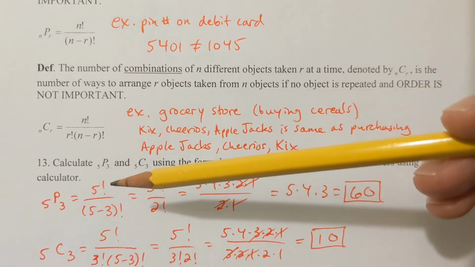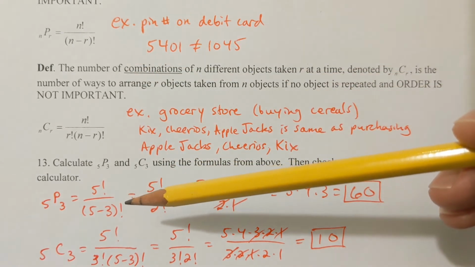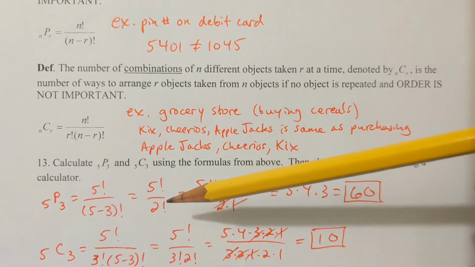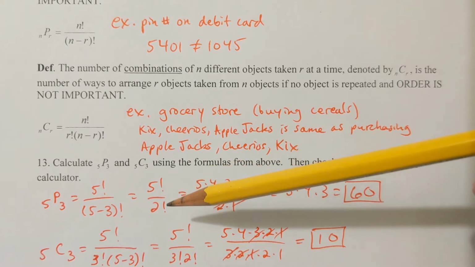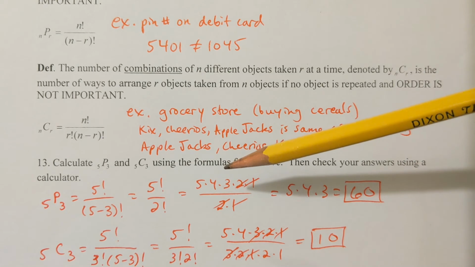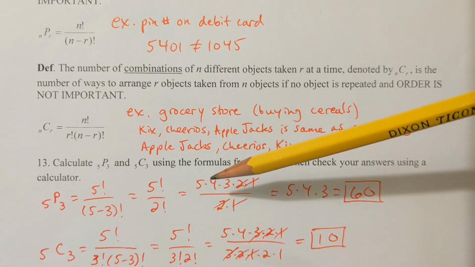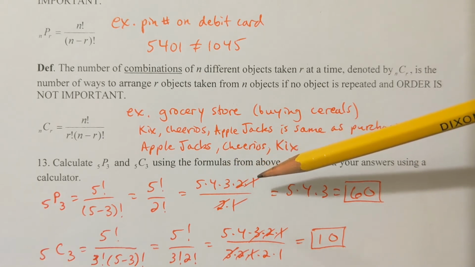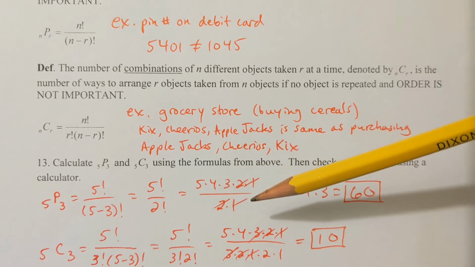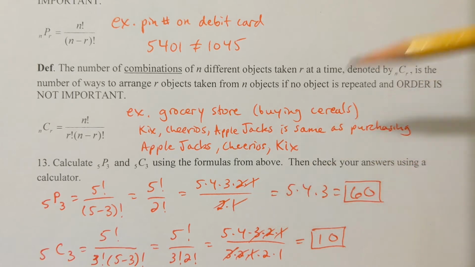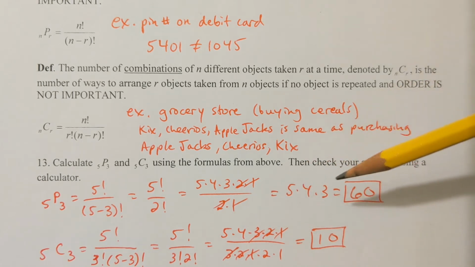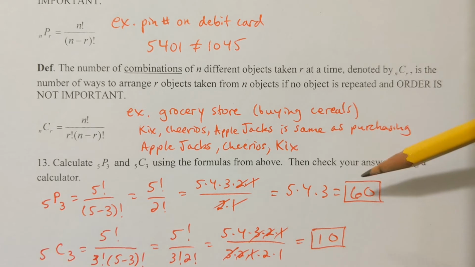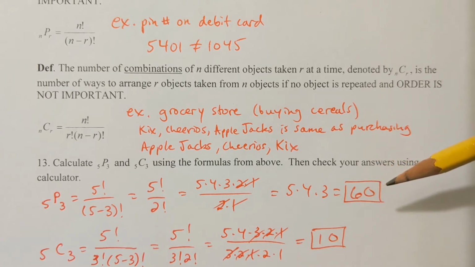If I use the formula here, 5 factorial divided by 5 minus 3 factorial, 5 minus 3 is 2. Okay, so 5 factorial divided by 2 factorial. 5 factorial, by definition, would be 5 times 4 times 3 times 2 times 1. 2 factorial is 2 times 1. So 2 times 1 is going to cancel with 2 times 1 in the denominator, leaving me with 5 times 4 times 3, which would be 60. Okay, so there's 60 different ways that you can select 3 objects from the 5 objects if